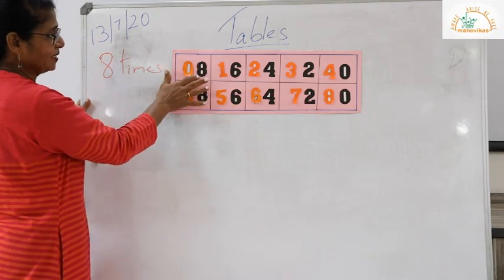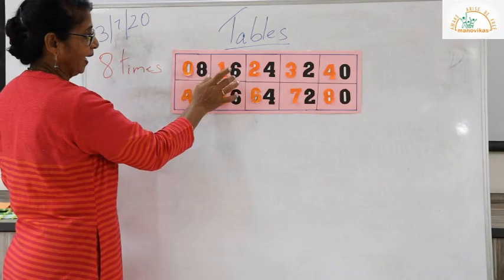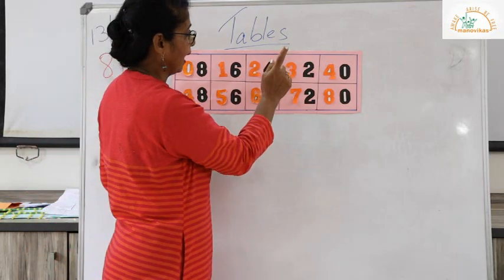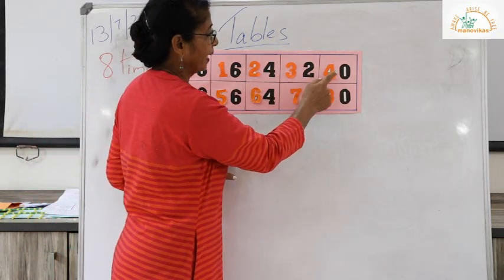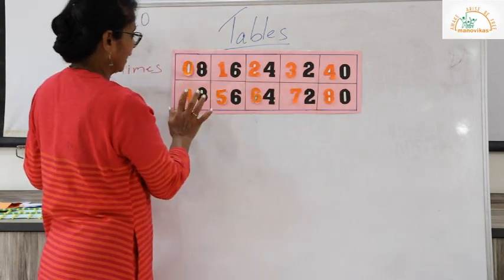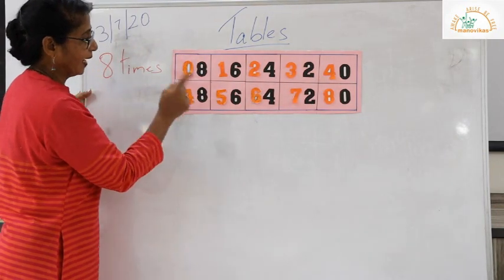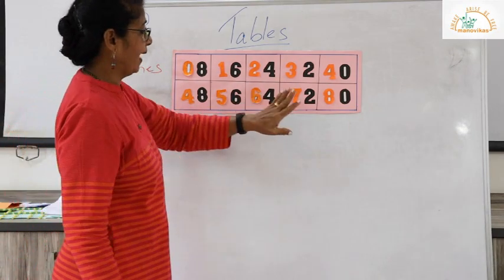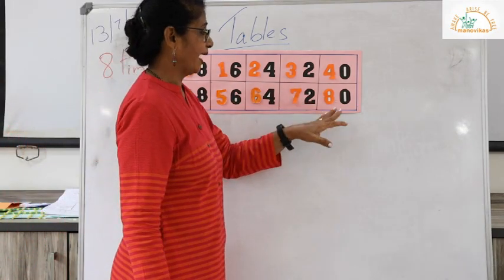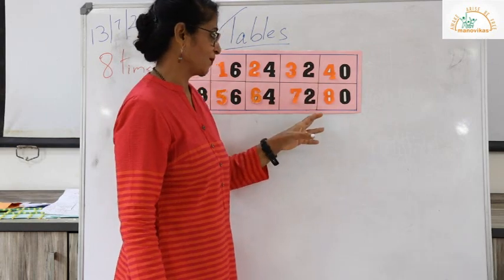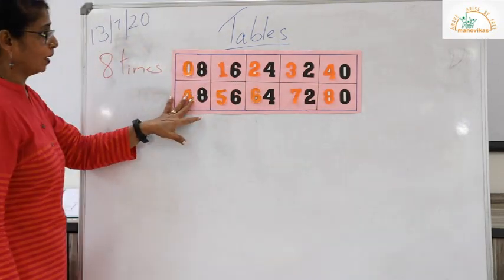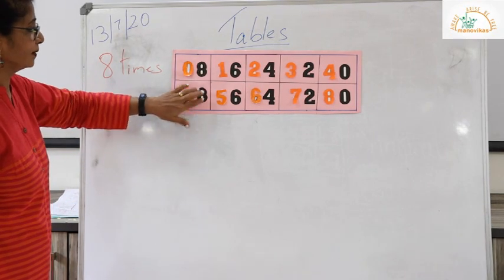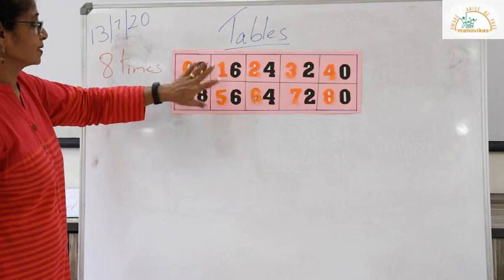That is, 8 ones are 8, 8 twos are 16, 8 threes are 24, 8 fours are 32, 8 fives are 40, 8 sixes are 48, 8 sevens are 56, 8 eights are 64, 8 nines are 72, 8 tens are 80. So we have got, by writing in ones place, the ones in black are the numbers, even numbers written in black,